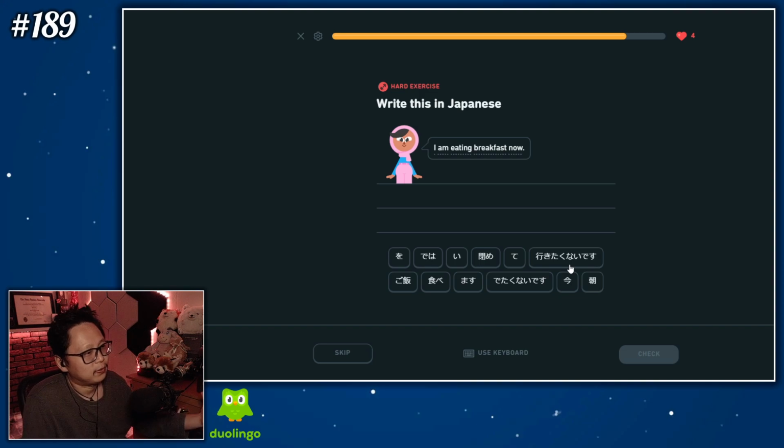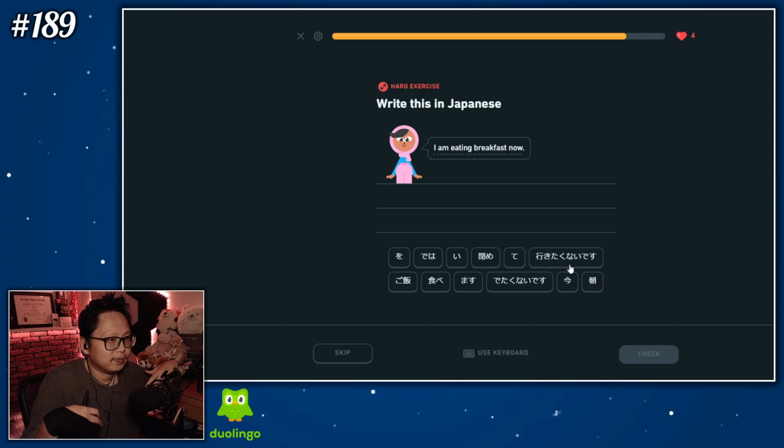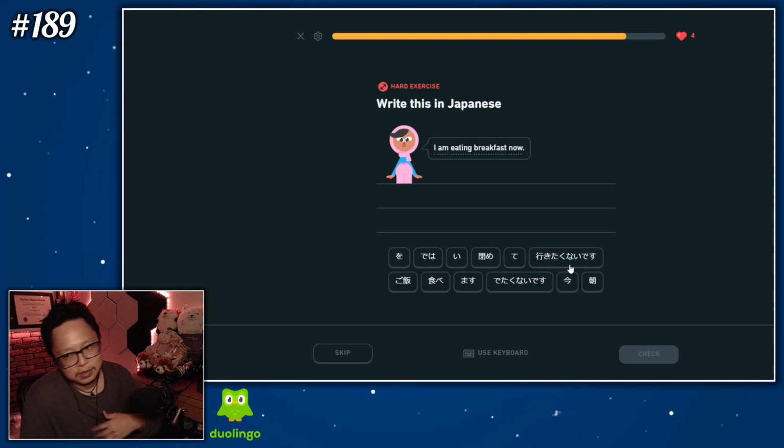So with the te form, I'm able to tell people, ask people, or request that people do certain things. And I also can express that I'm currently doing something, which is really nice because it's still kind of awkward when you're saying, oh, I will do this, as opposed to I am doing that kind of thing. So the te form is really great. Which I knew way back in week 1.